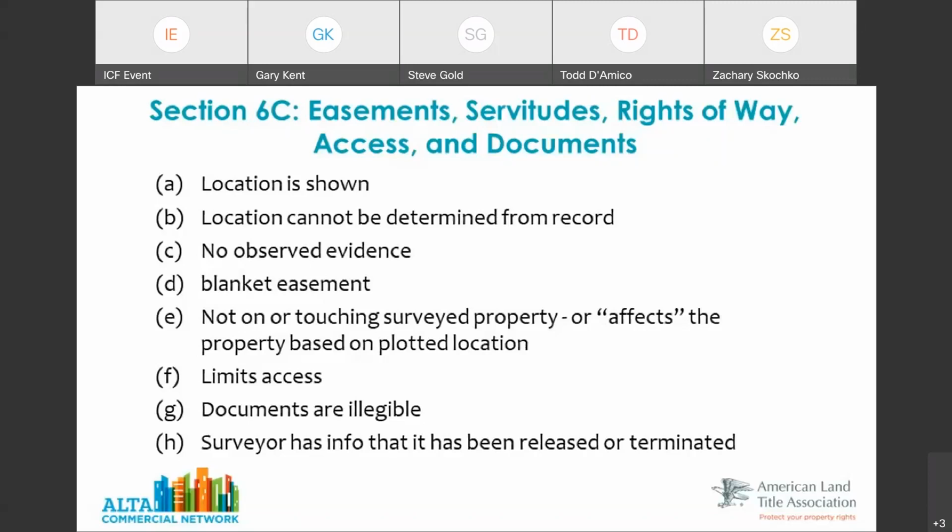In some cases, surveyors have copies of easements or they know of easements that aren't released, and maybe they're not listed in the Schedule B listing. So that's important also for a surveyor to disclose what they know and provide that information. So here you'll see this, and you'll see this in section 6C2. You'll see how we've crafted those items, and these items line up with that in the standards that you have.